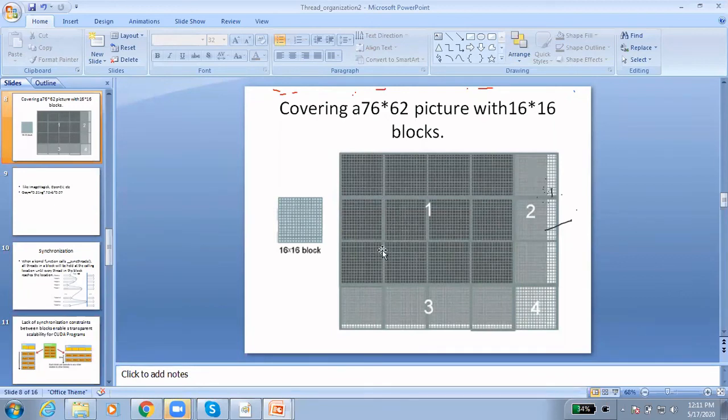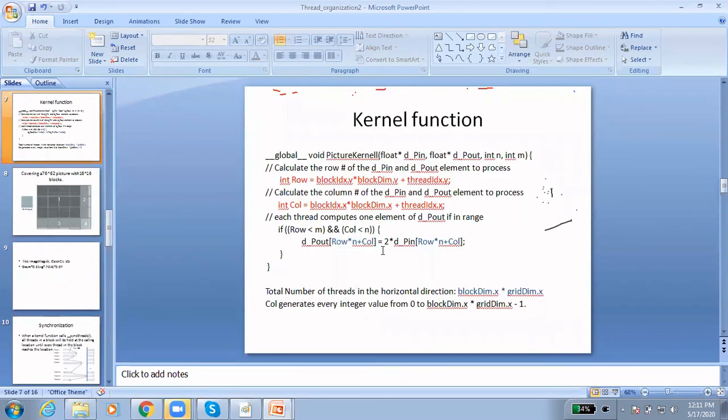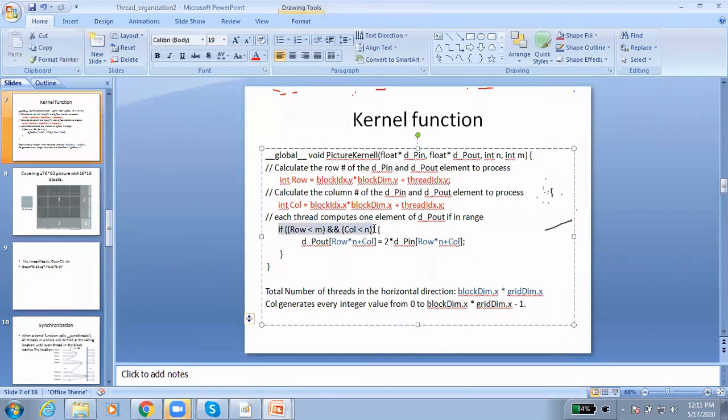If we go to the previous slide, this is the kernel function. So here you have specified your kernel function. Do you have a particular question for this, or do I have to explain the whole thing again? If condition. He is asking, why do you have this if condition here? The if condition is just to check whether our thread is within the bound of number of pixels or not.